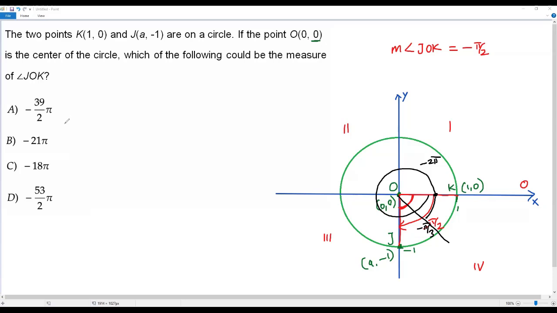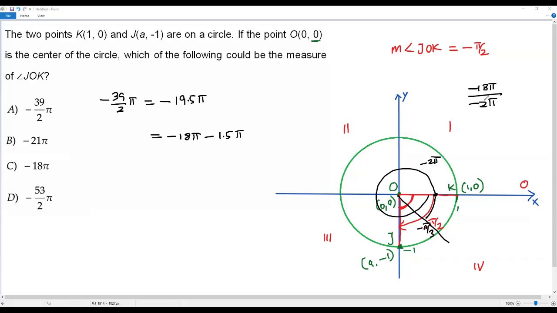Let me take answer choice A, that we have negative 39 over 2 times pi. When I divide 39 by 2, I'm getting 19.5 pi. So I have to write this angle measure in terms of the angle measure of full rotation, that is, in terms of a multiple of negative 2 pi. So then I'm getting negative 18 pi, negative 1.5 pi. When I divide this negative 18 pi by negative 2 pi, because we know that this is the angle of full rotation in the clockwise direction,